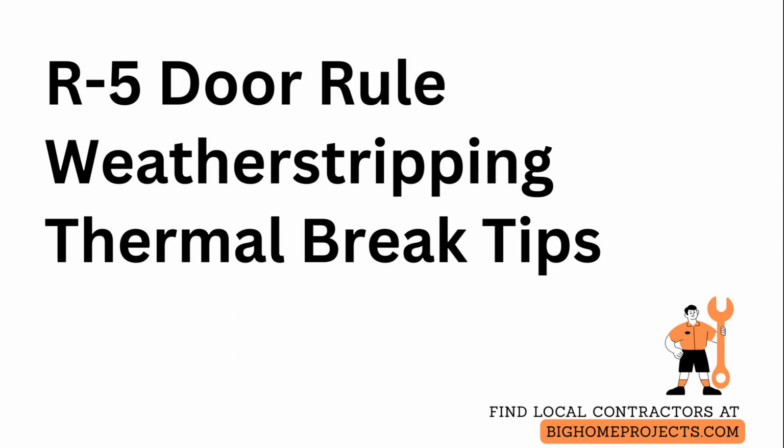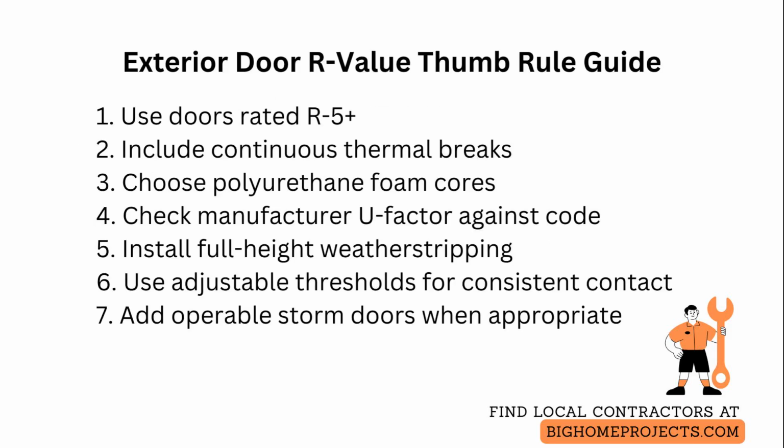Exterior doors should meet a minimum R-value thumb rule to meaningfully contribute to a home's thermal performance. For exterior door R-value thumb rule of house construction, aim for insulated slab or panel doors rated at R5 or higher in cold climates and R3 or higher in mild climates, and always consider whole door performance, not just core